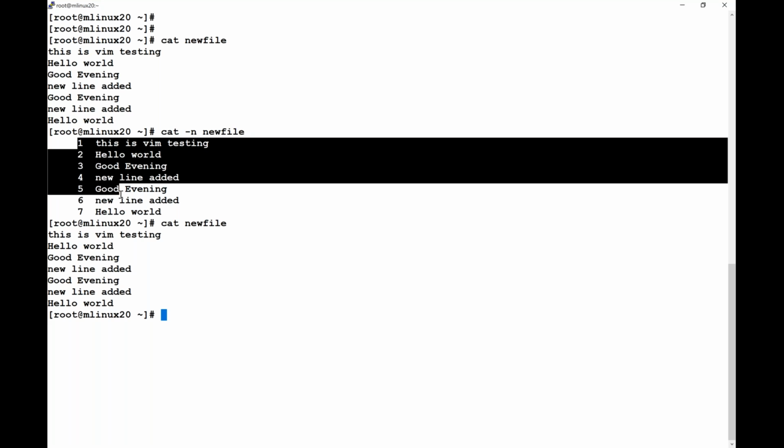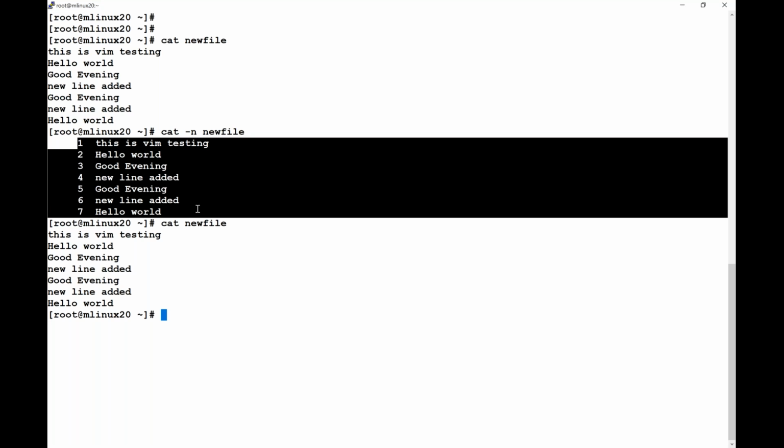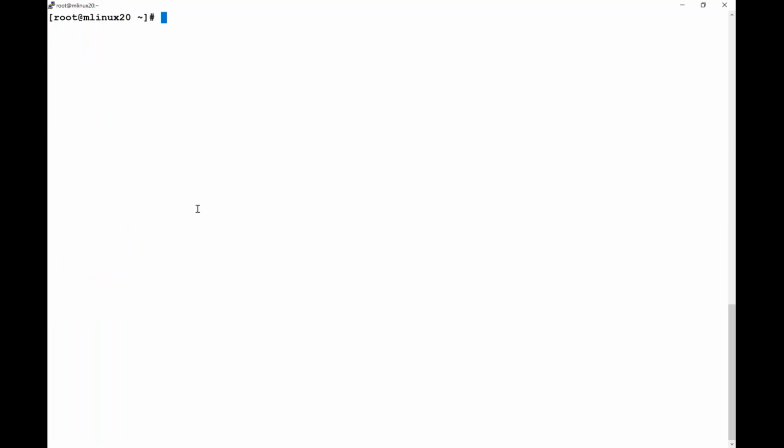So, as I was telling you, you can print the file with line numbers. Now, the same thing we can also do in the vi editor. So let us say I'll open the file with vim newfile. When I go inside it, let us say that I would like to